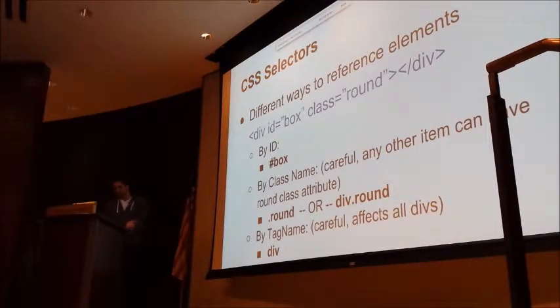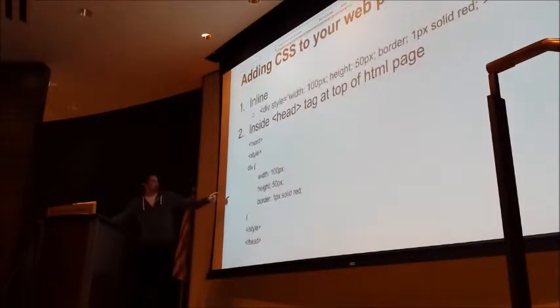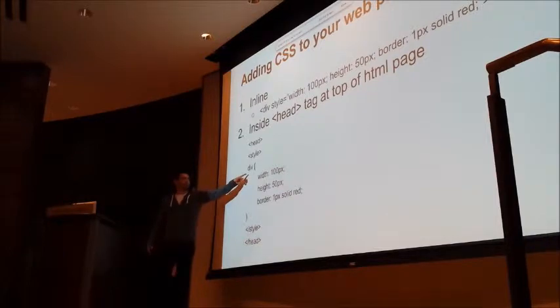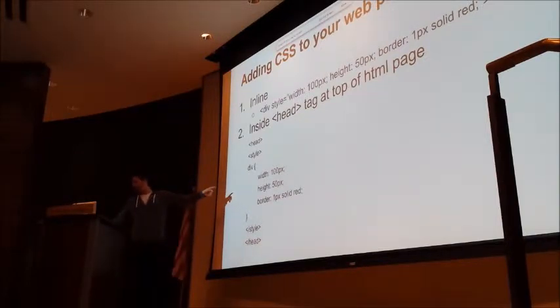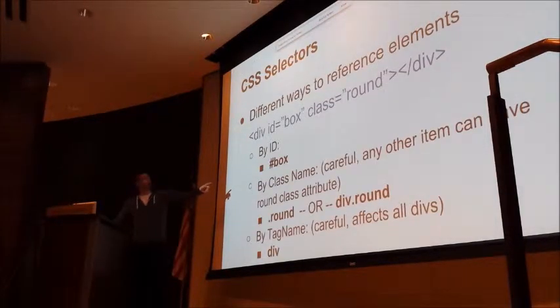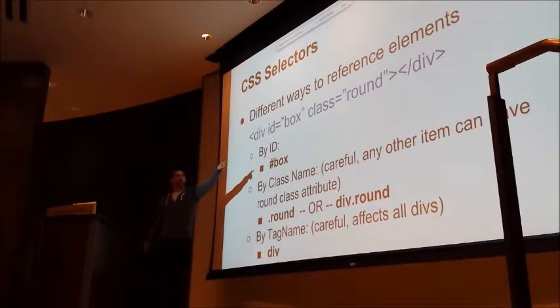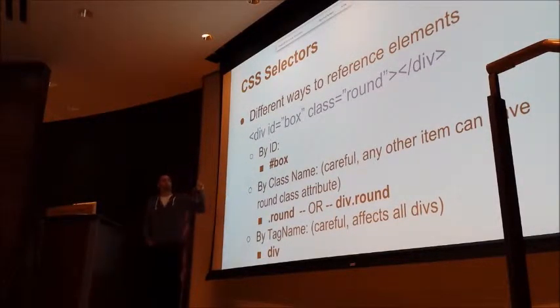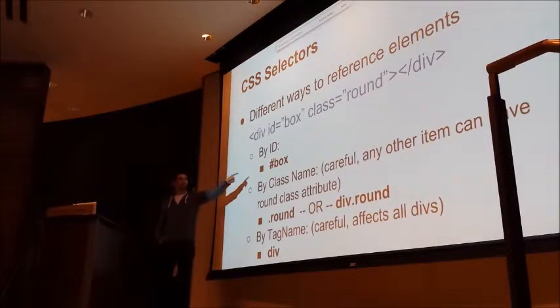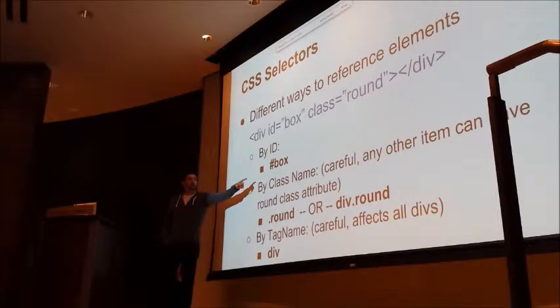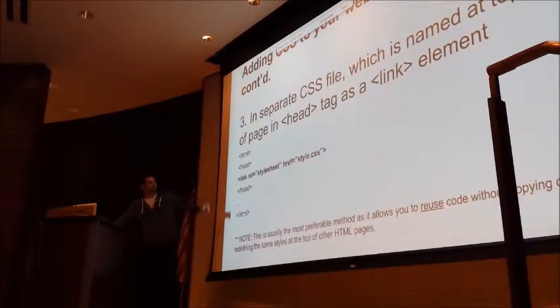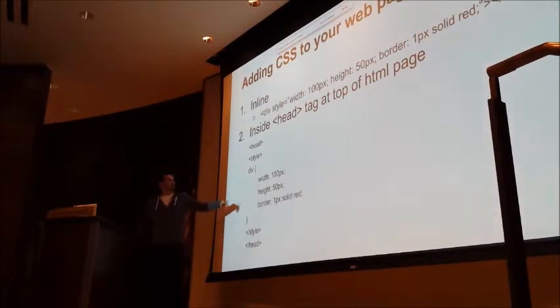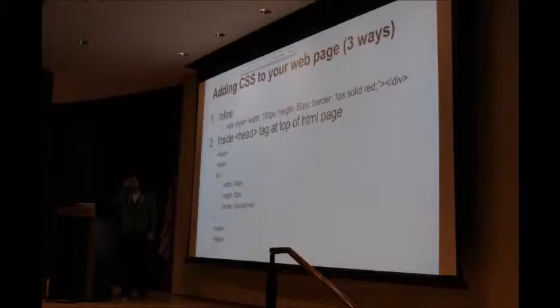Okay. Here's how we define styles. You'll notice here, I just put the name of the element. If I want to reference an element, let's say, so here's a div with an ID of box and a class of round. So if I want to reference that in my CSS, if I want to reference that div, I can reference it by its ID. So for an ID, you put that number sign before it. So it would be like number sign box, and then